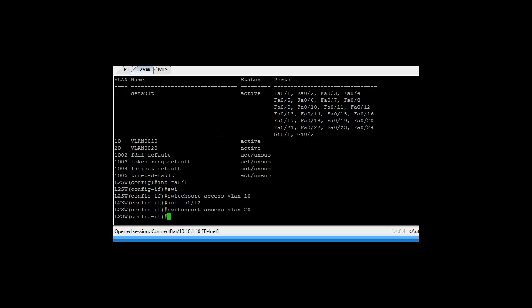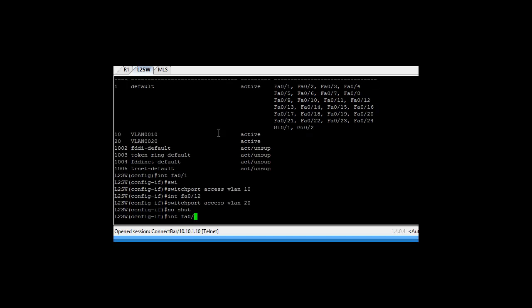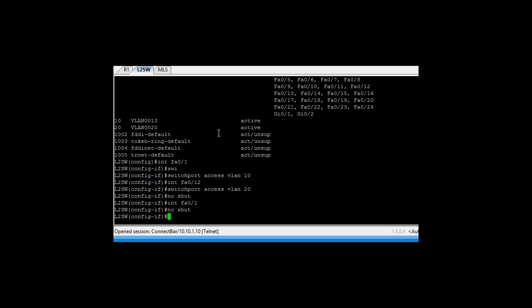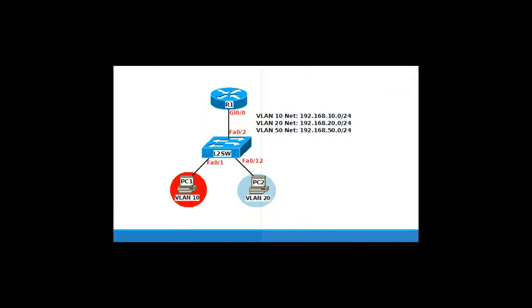By default, they should be shut down, but I do a lot of playing, so just in case, I'm going to do a no shut on Fa0/1, and we'll go back and do a no shut on the other one. So that's fine and dandy at this point. The PCs both belong to the proper VLANs. Now, what I've got to do is the connection, so if we pull this back out of our way for a minute,